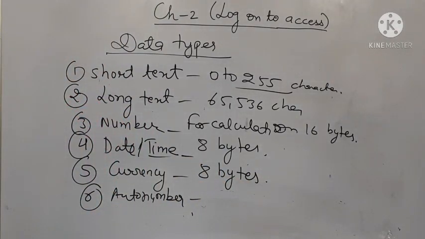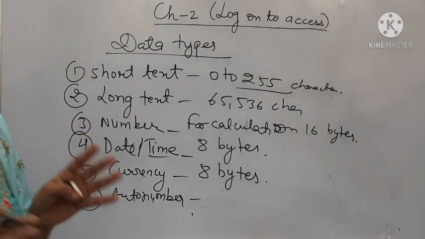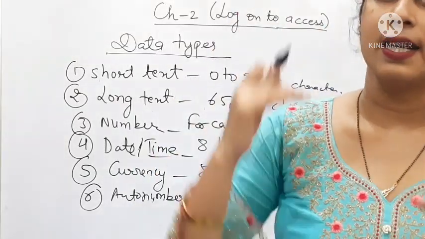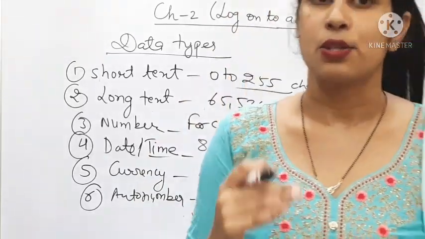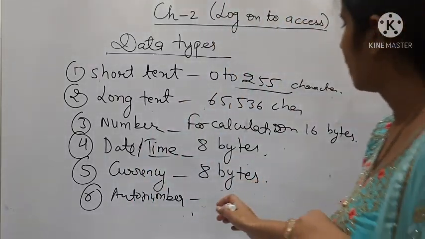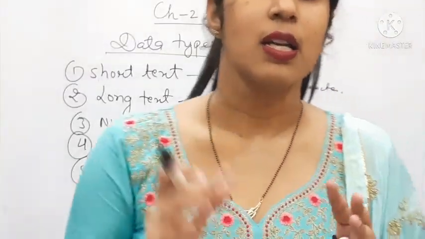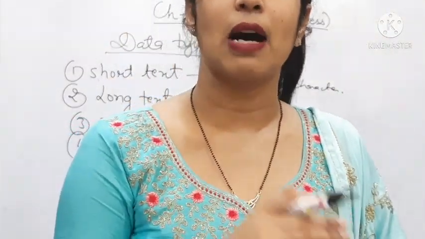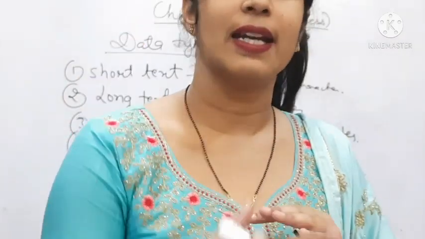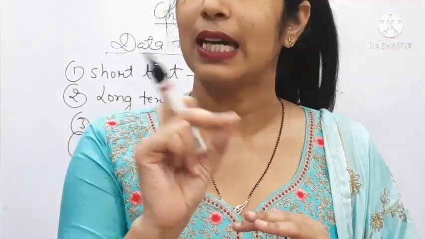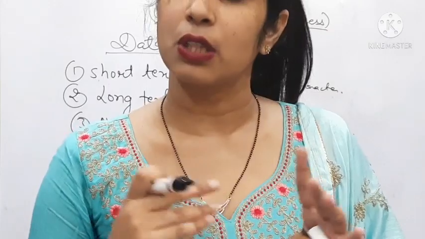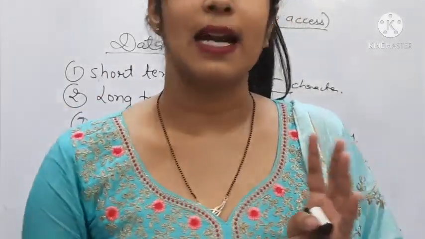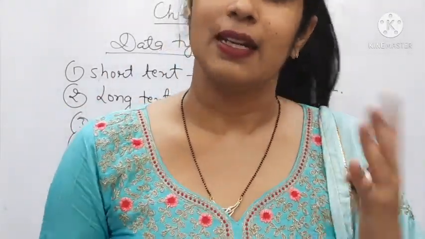What is the next one? The next one is known as auto number, the place where we are using the auto numbering. Auto numbering we know very well that where we are going to create specific IDs serial wise, sequentially. So here we use the auto number. Okay, here what is going on? Suppose we have selected auto number, so after the first entry, obviously second entry will start by 2, then 3, then 4. No need to write 1, 2, 3, 4 again and again. Auto number will be set there. As a new entry comes, it will take the next number.